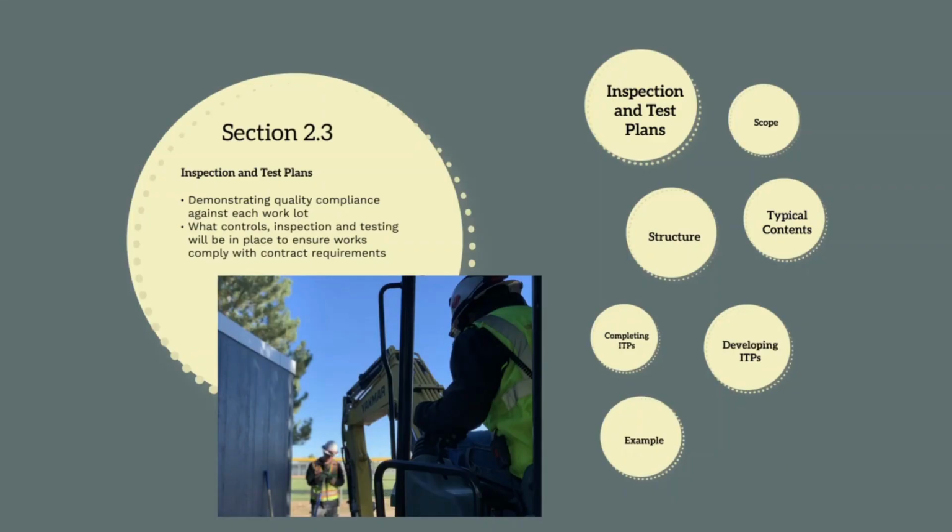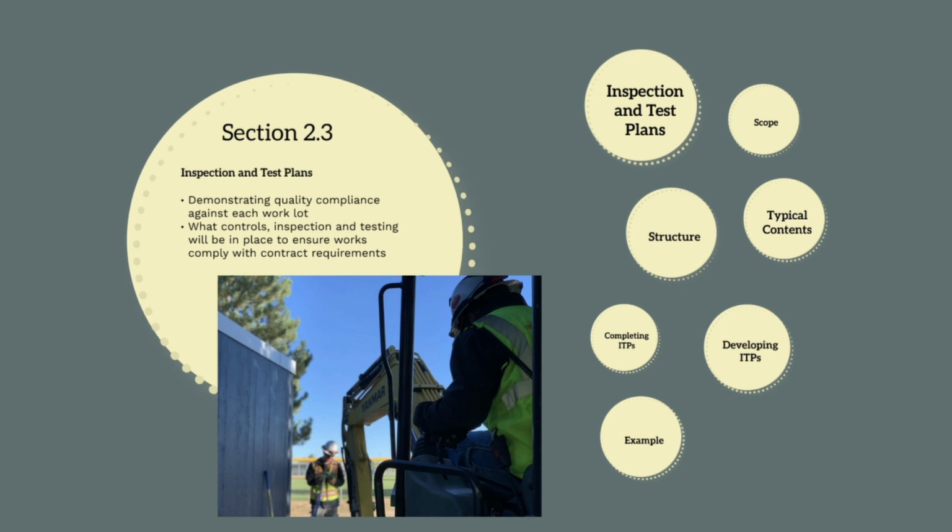Hi, and welcome to section 3, where we're going to talk about inspection and test plans. An inspection and test plan documents all the inspection and tests we'll complete for a given construction activity. The construction activity covered will depend on what we identified in our work breakdown structure. Basically, an ITP documents everything we are planning on checking and what verification records we will be providing. This is a large section and there's a lot to cover, but it's critical we do this section properly, as ITPs are fundamental to construction quality management and you'll have to manage and deal with them on a daily basis